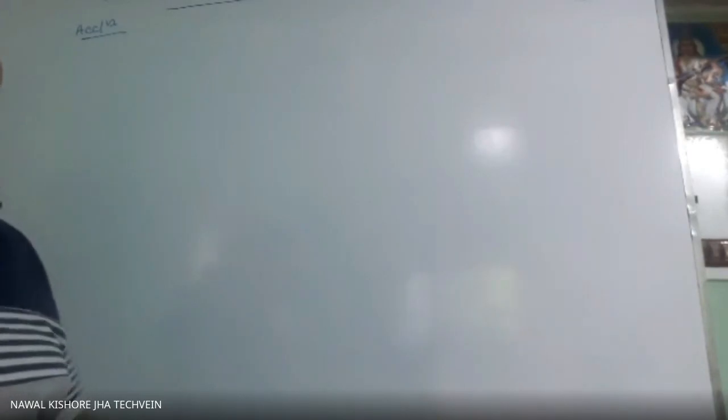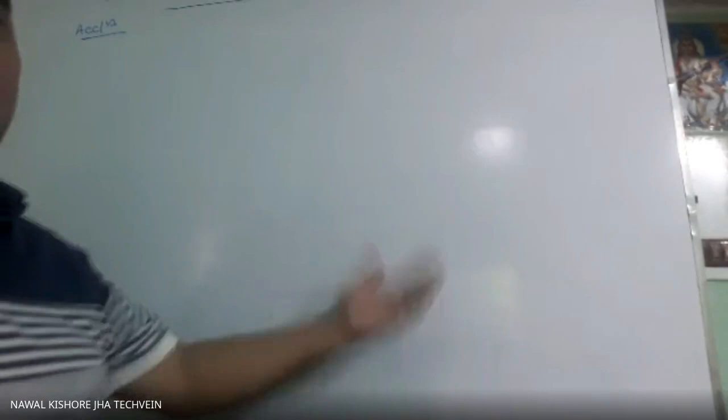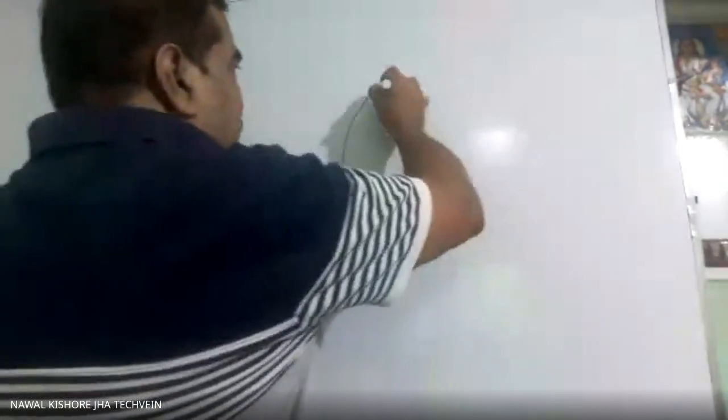There are two ways by which we can find it. One is by applying the law of parallelogram or the law of triangle. Another is by finding components, because change in velocity we can find in two ways. As there are only two, initial velocity and final velocity, you can apply the law of triangle, the law of parallelogram, or the component method. First we will see the component method. That is the easier one, so we'll do that first.